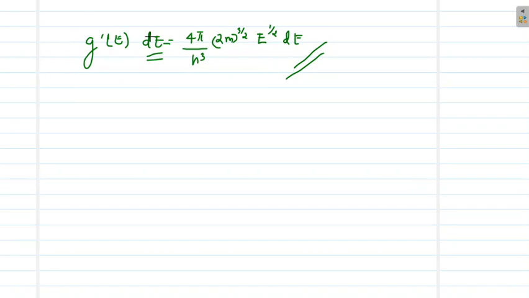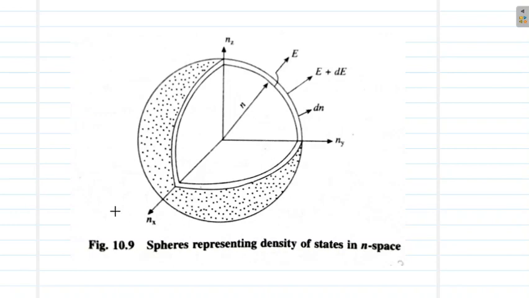Now we will use this equation to find the number of electrons within an energy range. In order to get a clearer picture, we have a picture here from your textbook. This distribution of points represents all the possible quantum states. Each dot is one combination of nx, ny and nz. So this is the n space with nx, ny and nz along the axes. All these points are quantum states that are available to be occupied.